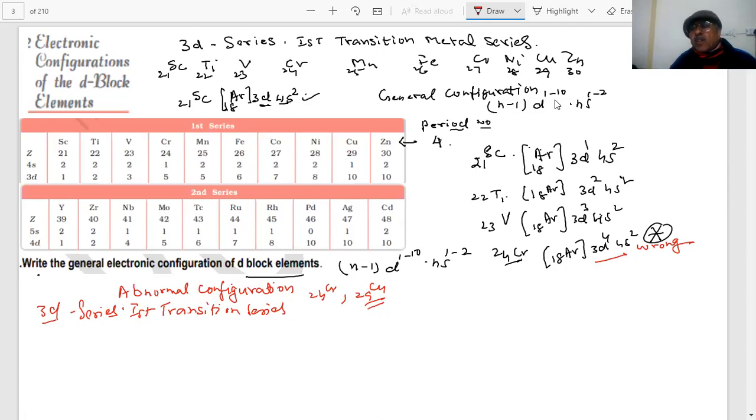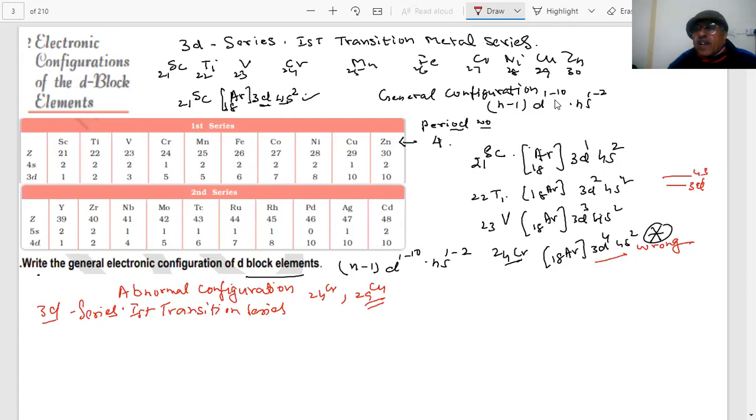If you want to see my lecture on electron configuration, I have just loaded it on YouTube and I've also sent you how to write the electron configuration. The exception comes when half-filled or completely filled subshells are more stable. You have learned that in 11th also. Here, the energy gap between 3d and 4s is very small.